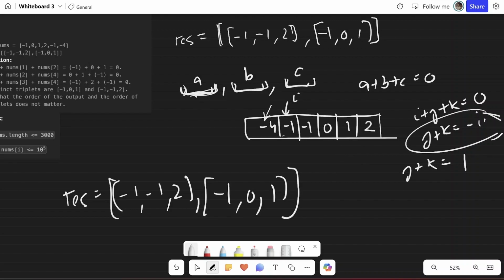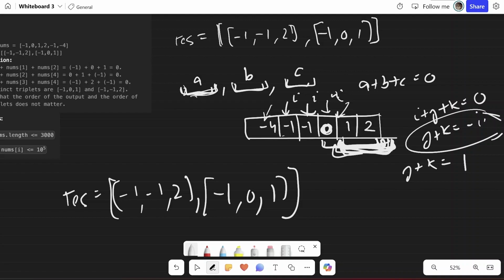And similarly, we'll keep on moving i, then calculate sum 1 here, and then move i here, then try to calculate sum 1 here, sum 0 here. But we stop when we encounter zeros because now we can't find a value which sums to 0 in the remaining array. So let's see how we'll code this, and you will be able to better understand this with code.